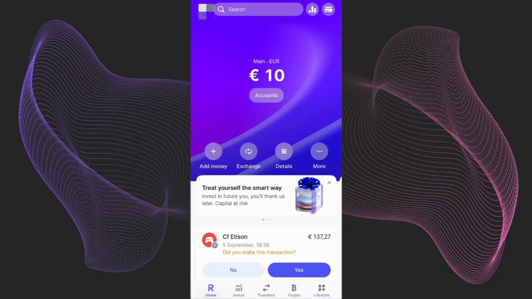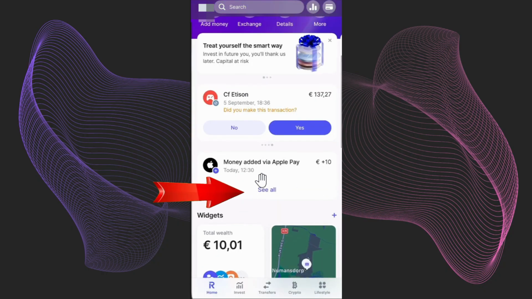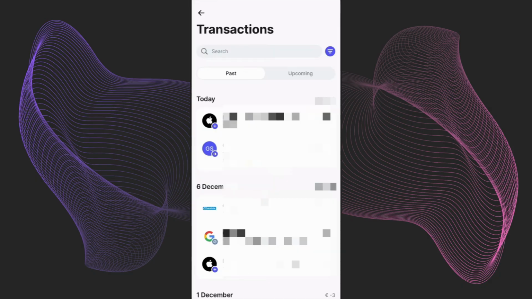So the first thing that you need to actually do from here is to open the Revolut app, and now you need to scroll down a bit till you find the transactions section. You need to click on see all transactions as seen from here. Click on it, and after that you will be redirected to